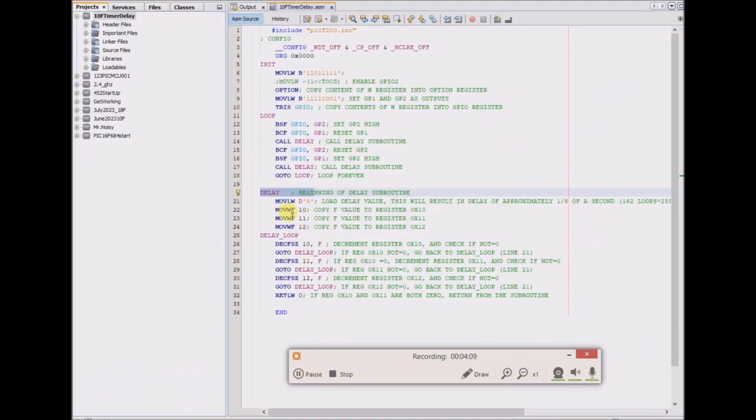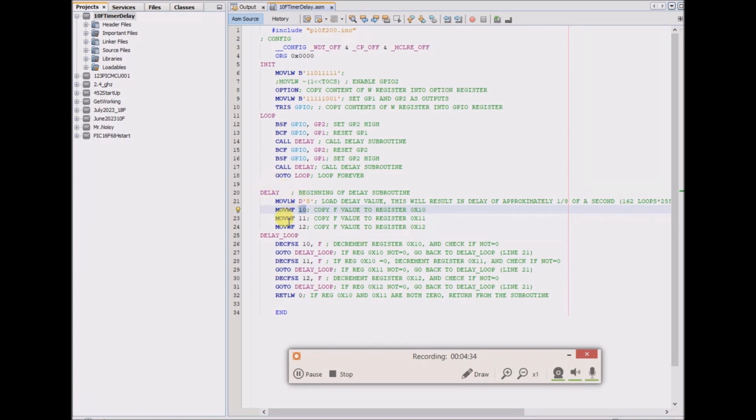So maybe that's why it moves it into 10. This must be hexadecimal. But maybe hexadecimal and decimal is the same for these numbers. So it loads these all up with decimal value 5,